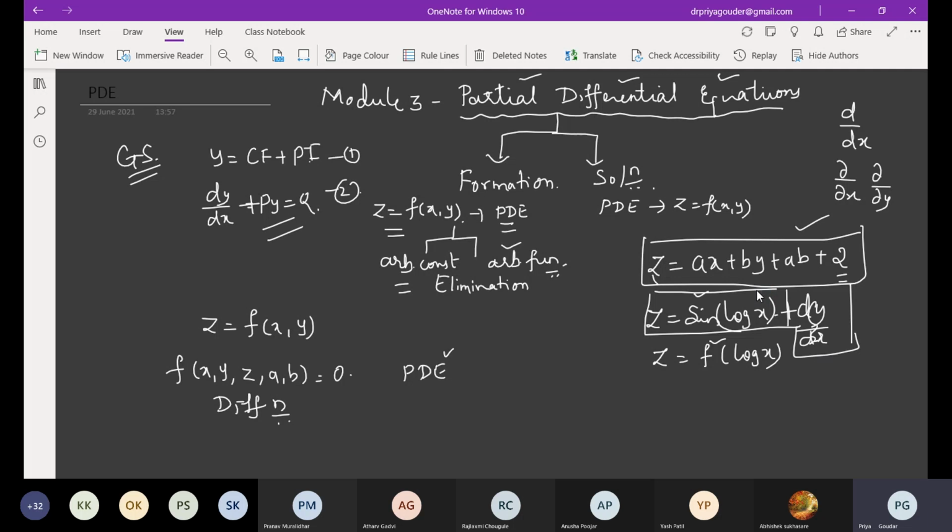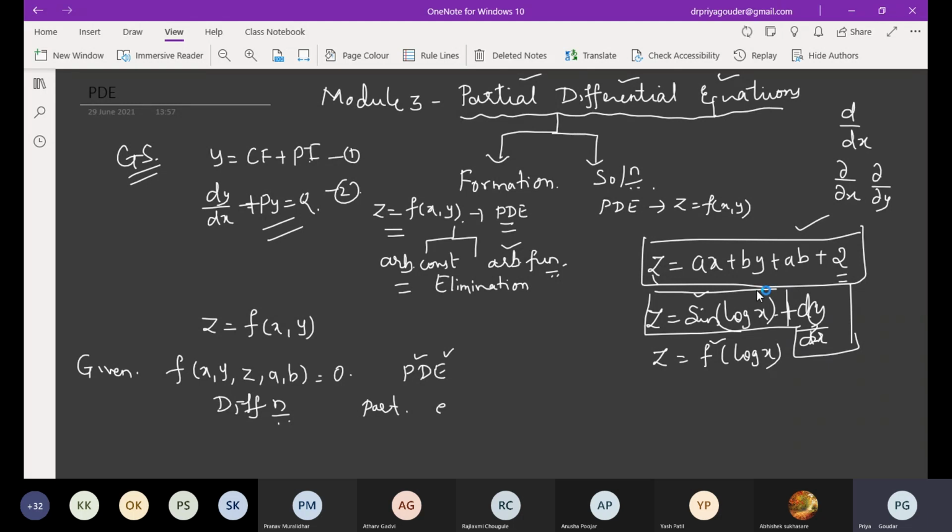Okay, so see, I'll tell you the procedure. Better I'll not simply waste time asking questions. I'm trying to ask very simple things, not complicated. See, this is the given thing. They'll give some function which contains some arbitrary constants. Now I want to form a partial differential equation, which means I have to introduce partial derivatives. For that, the best process is differentiation. So differentiate with respect to x and y partially. That is important. So that partial derivatives will be introduced.